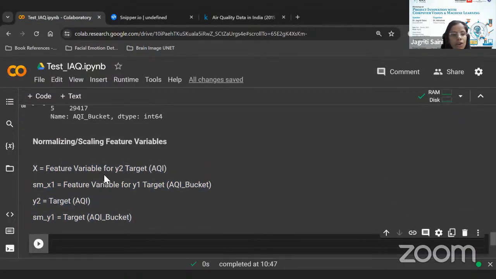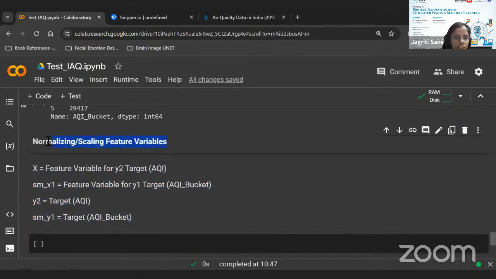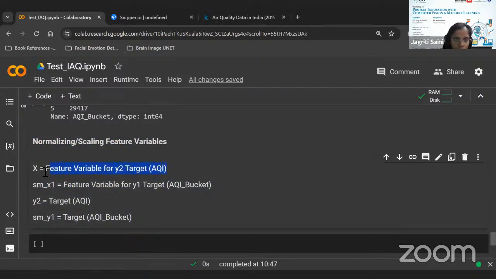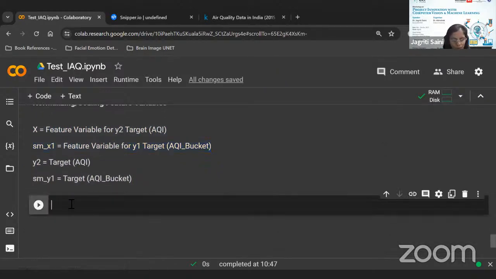So after this, as we are going ahead with the normalization of feature variables, note this very carefully. We need to normalize two things separately. One is this x1 variable, the other is the sm_x1 variable. And why are we doing this? If you just see the structure of this x head,